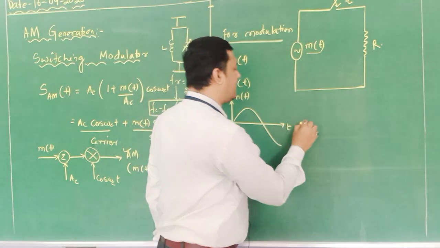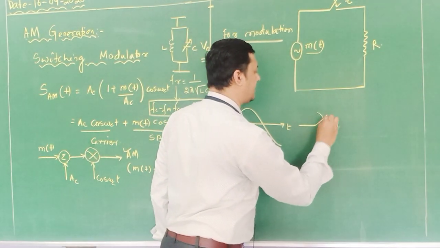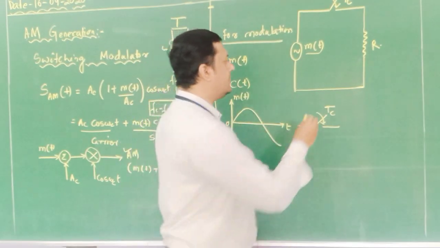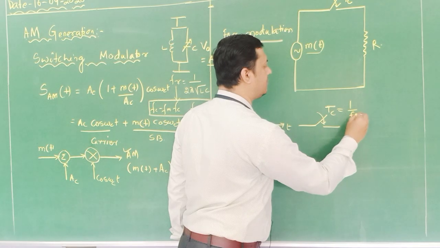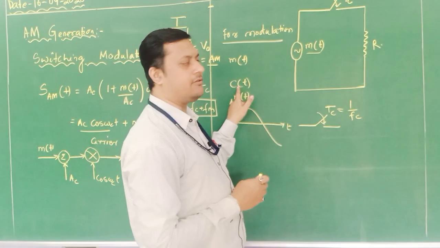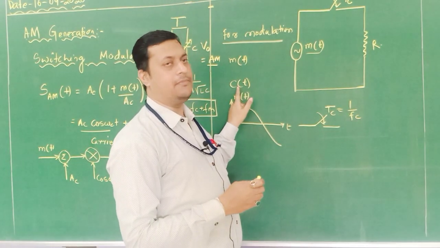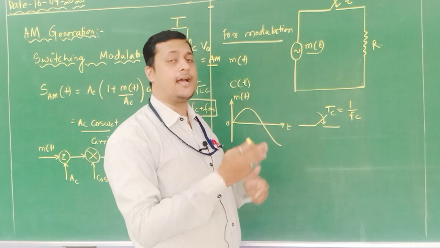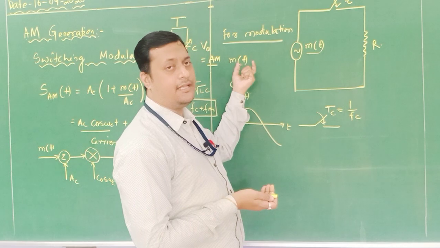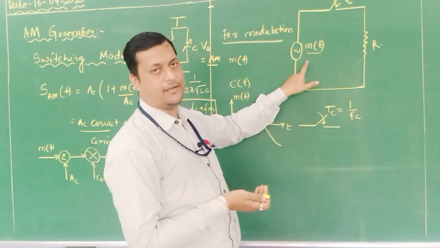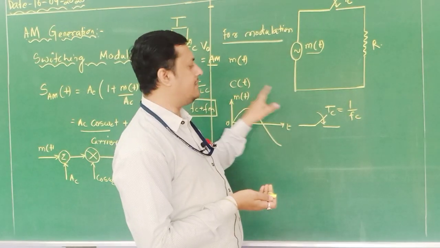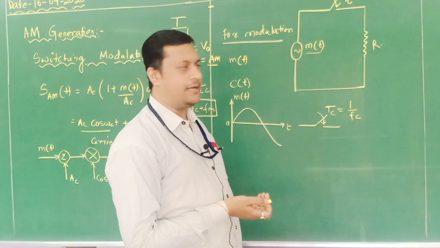Now when it is passing through a particular switch like this, the switch is switched on and off at a regular time period of Tc. Now Tc is equal to 1 by Fc. That means I have synchronized the switching time period with the carrier frequency. So with the help of this, I am modulating, or the modulated signal is generated if I am feeding the message component at this particular point. So this Tc is matched with the carrier frequency, that is Tc is equal to 1 by Fc.